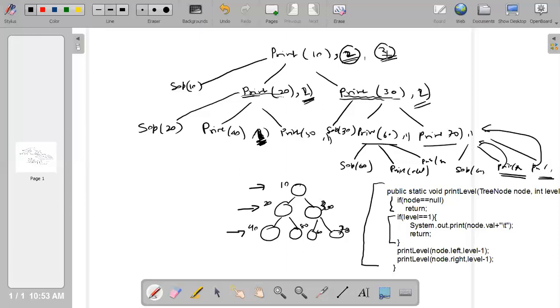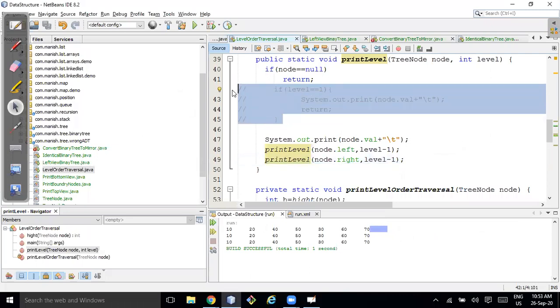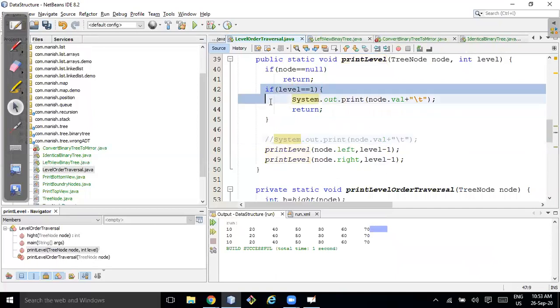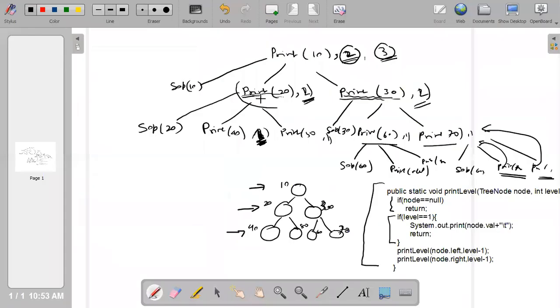If I am passing here 4 and there are 4 levels in the tree, at level 4 this will become 1. So what I am doing as part of the induction step here, I'm not doing anything extra. I just commented this line and added one condition. If label is becoming 1, then only print my element and just return. Once the label is 1, this is printed, I don't want to go down. My work is done and I want to return back to the caller.